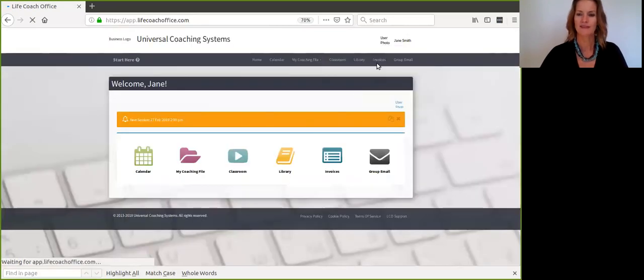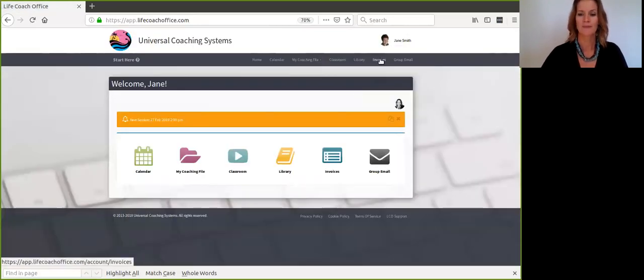let's see what else we have left. We have invoices. So when somebody registers for your program and pays, then their invoices will be kept as a list in there. And group email, that's basically anything that you send. In my case, I'm sending to the Academy, and she'll get all of those emails stored in that little inbox